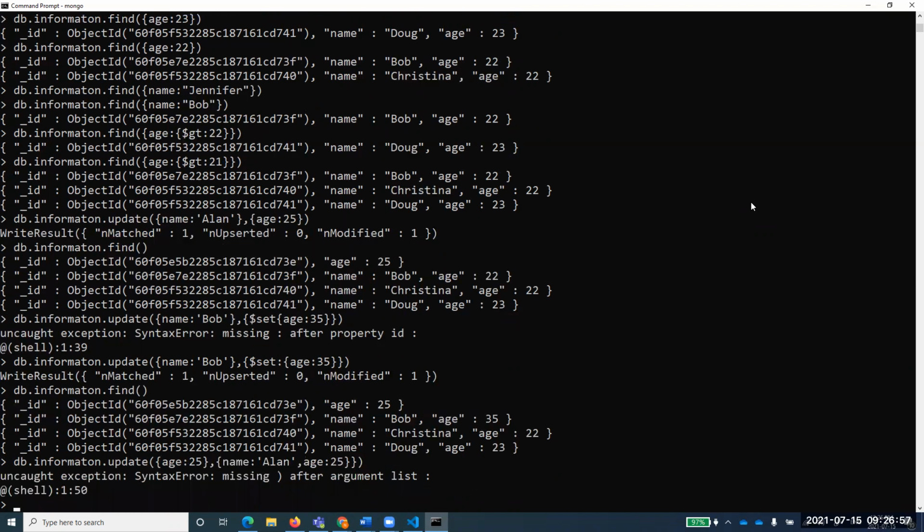Yes, should be fine. Oh, syntax error. What is missing? Rounded bracket is missing afterward. Okay, age 25, name Alan, age 25, this close, this close, this close. What is missing? Single quotation instead of double quotation. Oh, do you think that's a problem? Okay, let me change that.